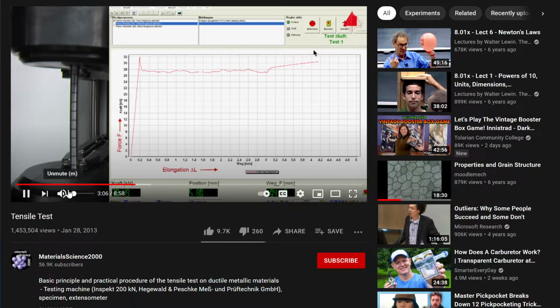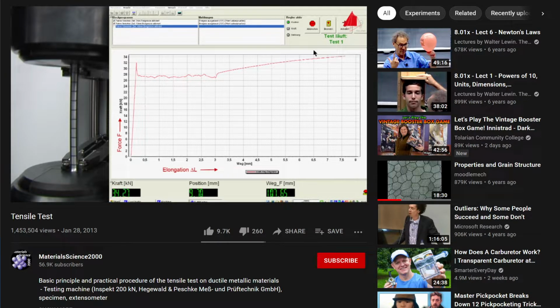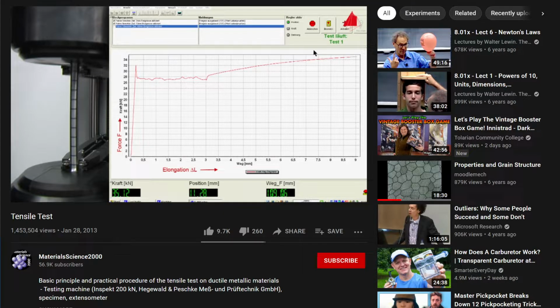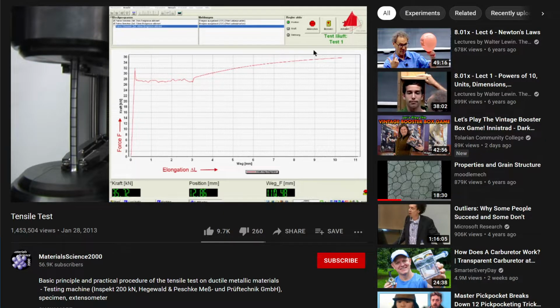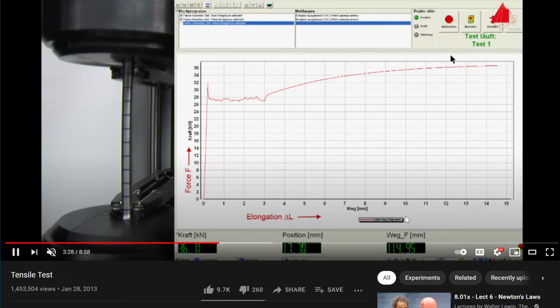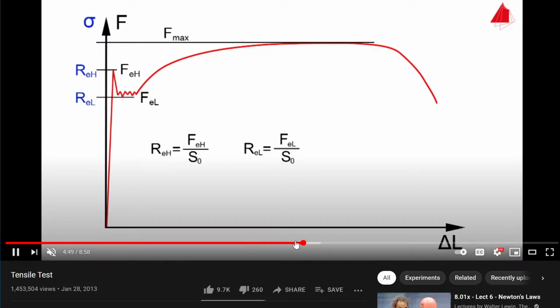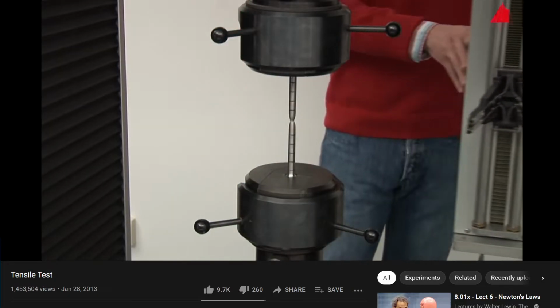So if we look at a tensile test, this is how we determine how the material opposes an increase. This is how we produce these graphs, that we stretch a piece of metal and, okay, so when they finish the graph, that's a sample for mild steel. But typically, if we just look at mild steel graphs,